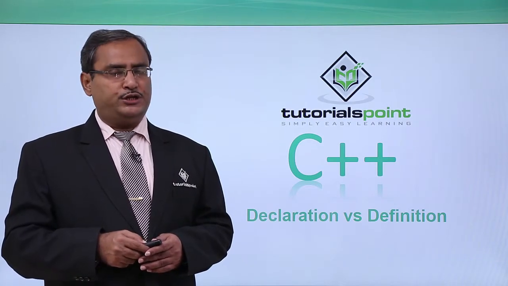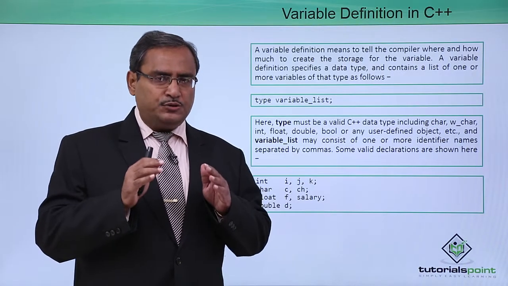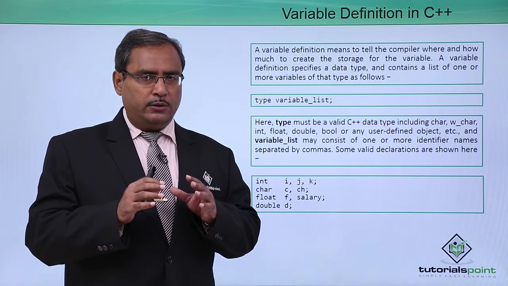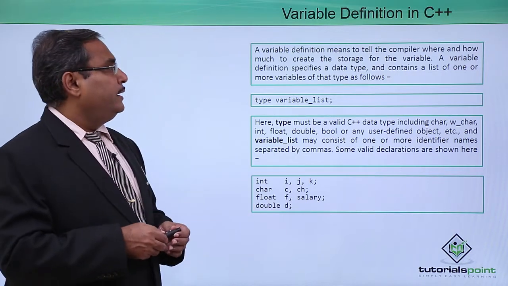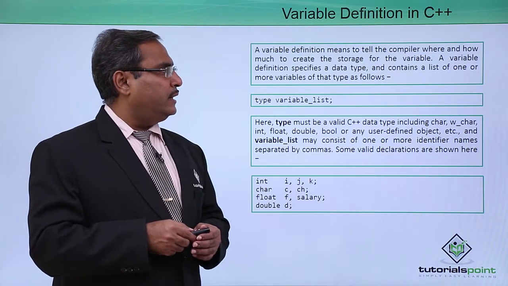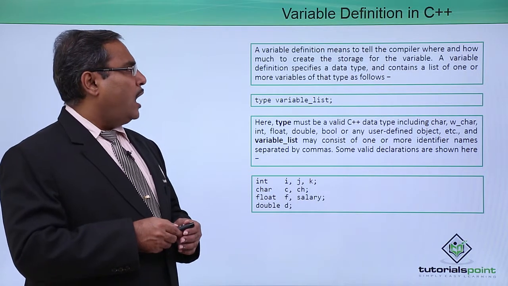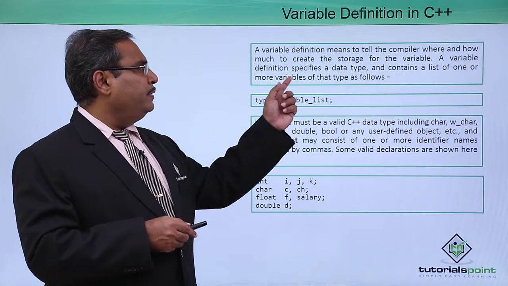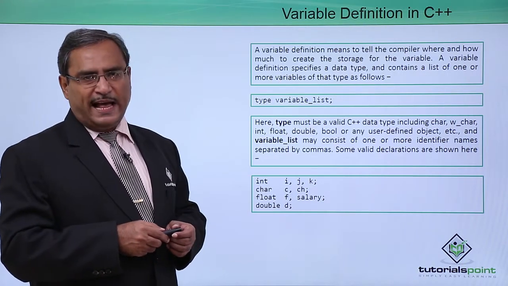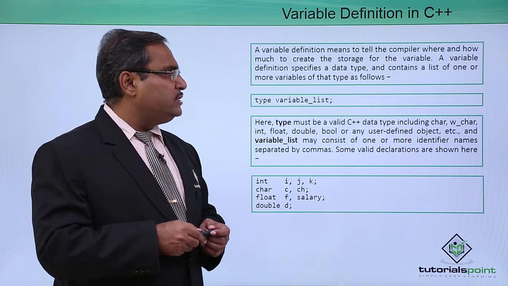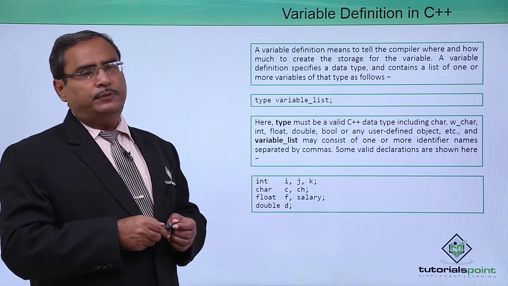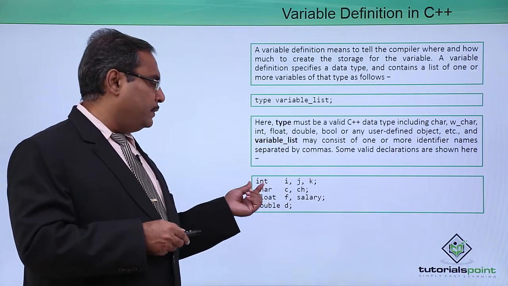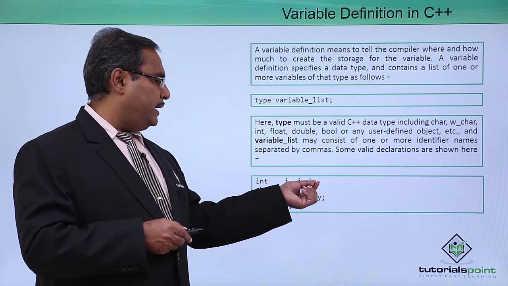Declaration versus definition. It is a very conceptual topic, and here we are going into details regarding it with some examples for you. A variable definition tells the compiler how much storage to create for the respective variable, and a variable definition specifies the data type as well and contains a list of one or more variables of that type as follows. So, type variable list. If you go for this example, int i, j, k,